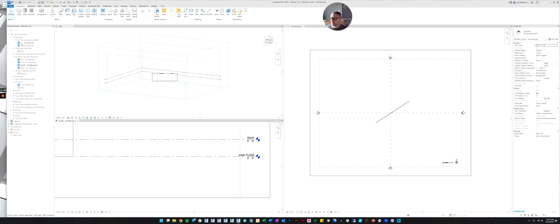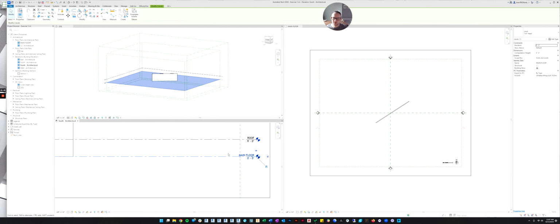So let's make this less confusing. Let's go over to our project browser and right click on level 1 and rename it. Let's name it main floor. That way it matches. So our main floor matches the level that this view is associated with.